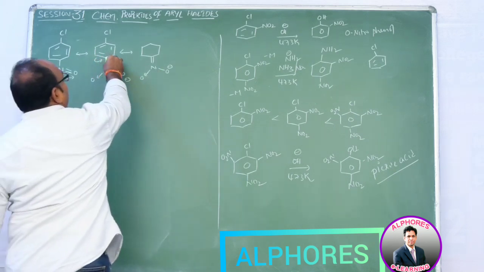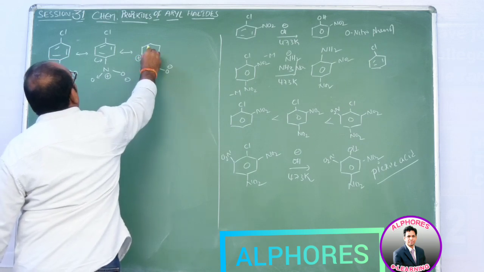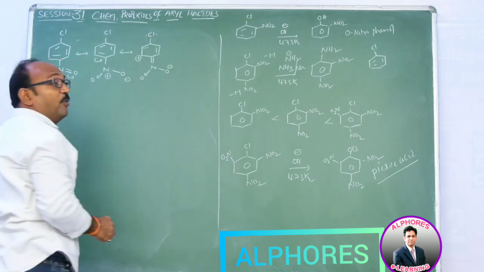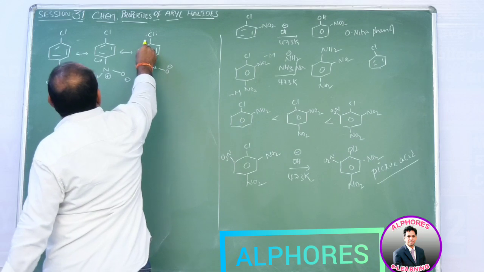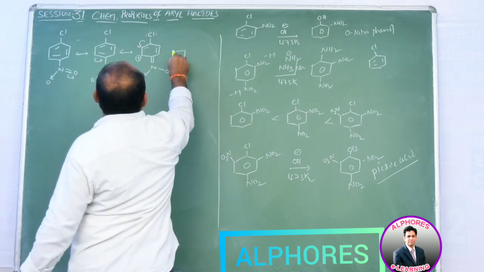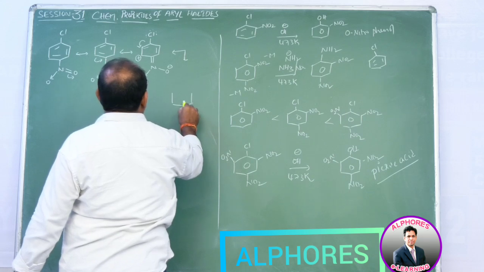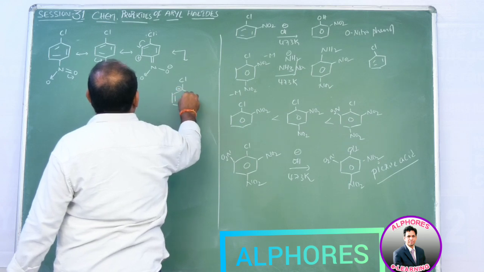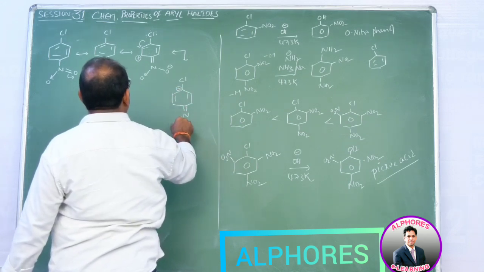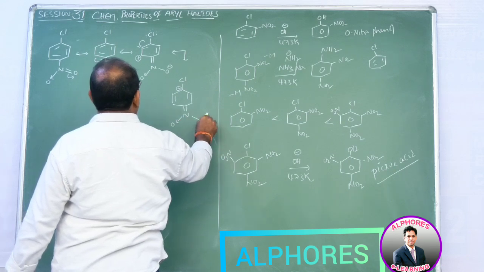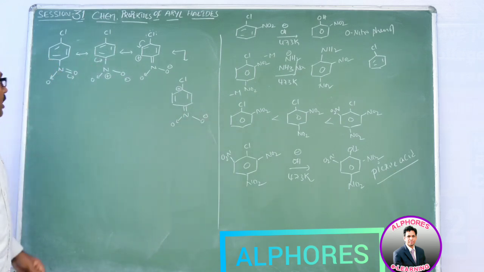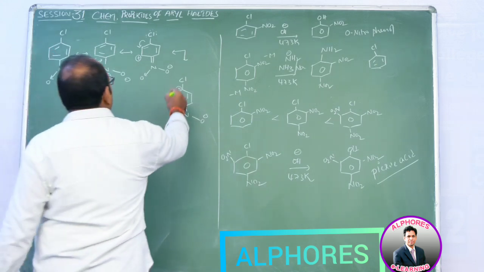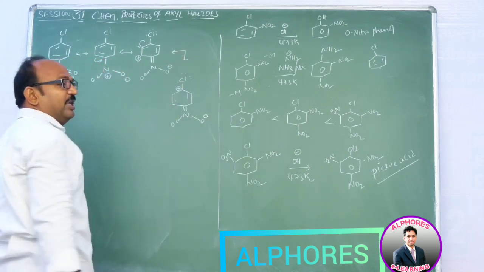Because the pi electrons are shifted towards this carbon, this carbon is going to bear a positive charge, and that positive charge is going to take part in resonance. When it takes part in resonance, these pi electrons are shifted towards this ring. As a result, we get one more structure, in which the positive charge appears upon the carbon atom which bears chlorine. Now, if Cl is really electron donating, then obviously it has to donate its lone pair of electrons and bear a positive charge.